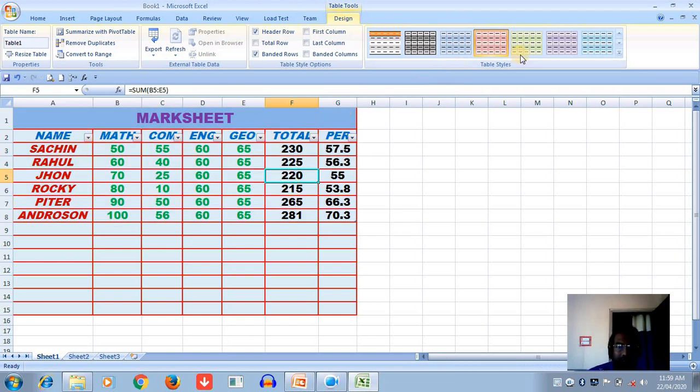It is already applied, because I have already selected the background color and the text color, font color, so that is not applicable. Without text color and without resizing the text, we can easily apply these things. So you can click on the design and then apply it. Okay. Now first we select the border, select the range, and click it here.